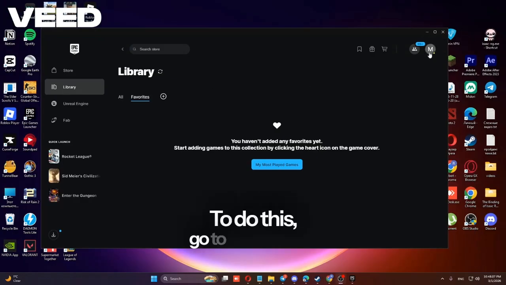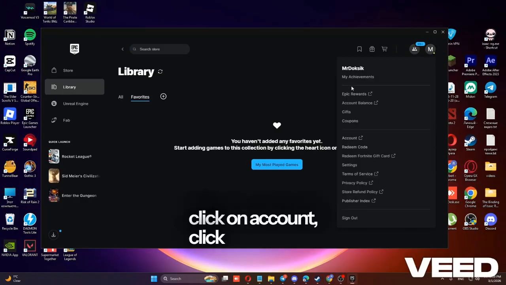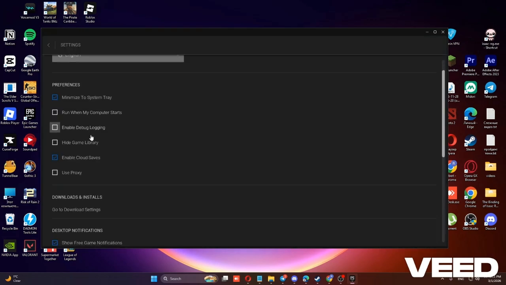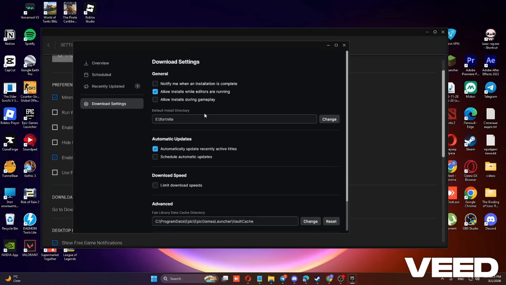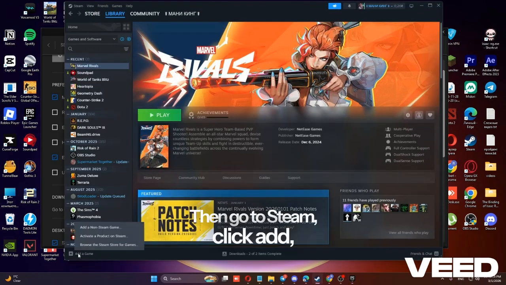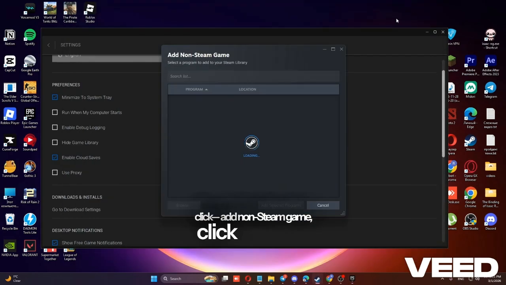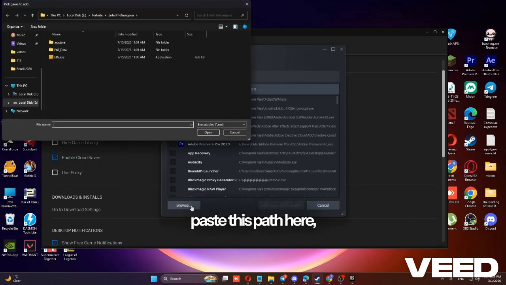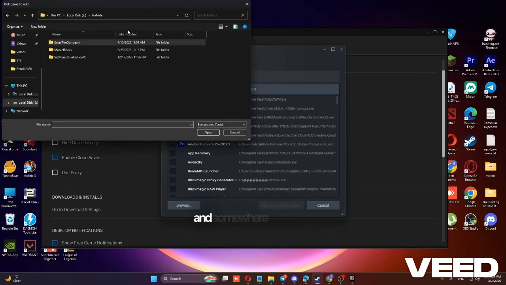To do this, go to Epic Games, click on Account, click on Settings. Here, click on Download Settings and copy this path. Then go to Steam, click Add Non-Steam Game, click Browse, paste this path here, select Marvel Rivals, and somewhere here